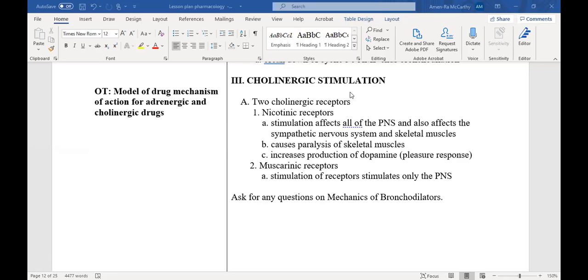The nicotinic receptor stimulation affects all of the PNS, which is the peripheral nervous system, and also affects the sympathetic nervous system and skeletal muscles, causes paralysis of the skeletal muscles, and increases production of dopamine, which is the pleasure response. See, remember I said feed or breathe? The